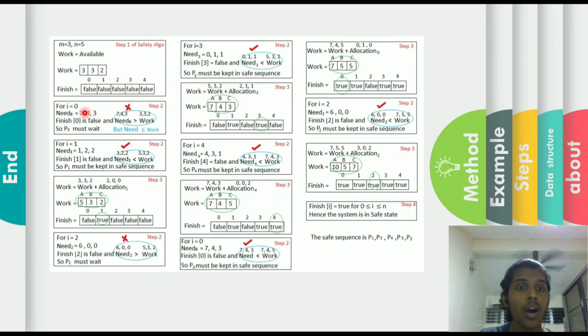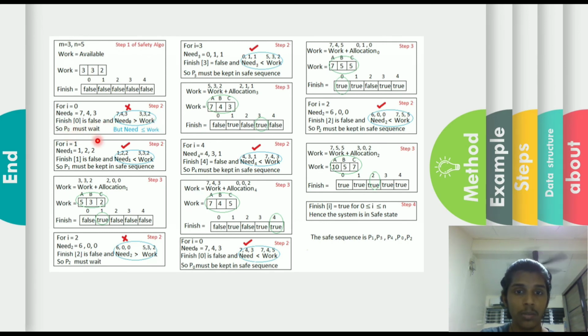Next step, for i equals 0, our Need is 7 4 3. To proceed to step 3, we need to fulfill two statements, which are Finish[i] equals false, and the second one is Need[i] less than or equal to Work. But in our case, only the first statement is fulfilled and the second statement is not, since our Need 0 is bigger than the Work,